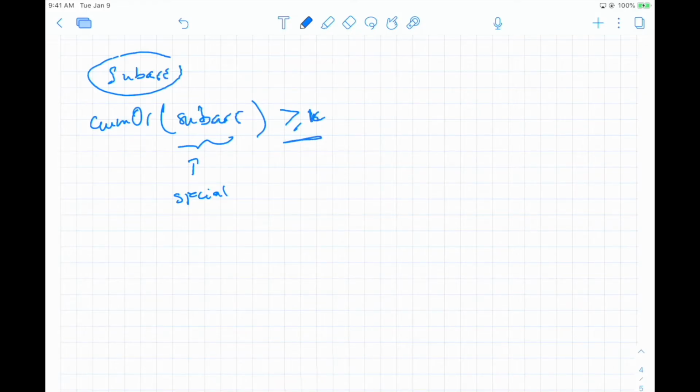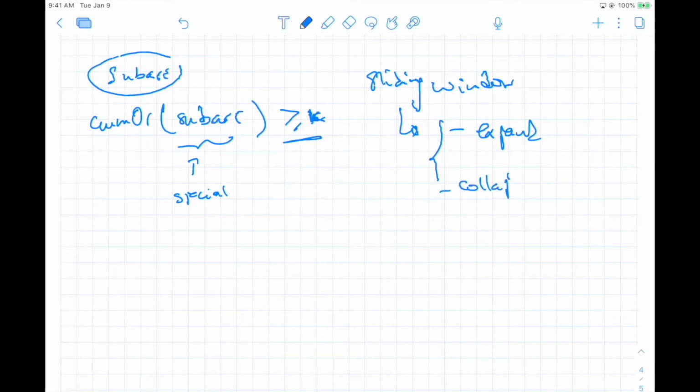If you've done the past couple of days' daily challenge, you will realize that most of the time that can be solved with 2 pointers or sliding window technique, right? And as we said in previous videos about these, in the past couple of daily challenges, you need to define 2 things: how you expand, how you collapse, and if that will actually get you the answer, right? So we need to think about that for a second. But before that,